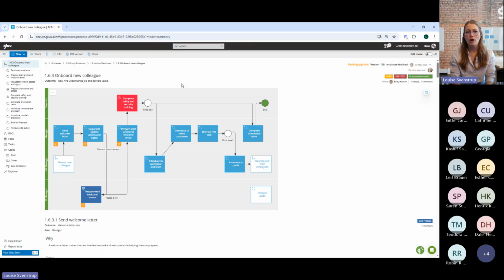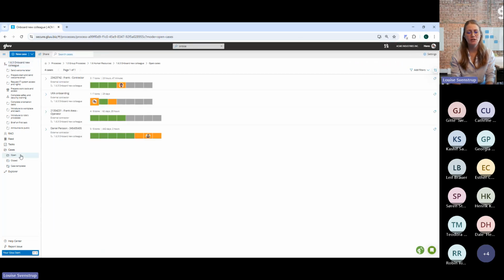This is our onboarding process, and it looks a little bit messy because one of my colleagues demoed it yesterday, I think. But the interesting thing here that I want to show you is related to the case management. It's a very straightforward onboarding process, and